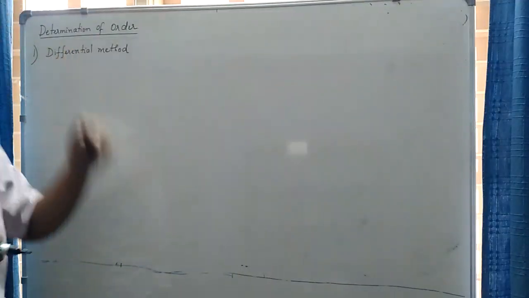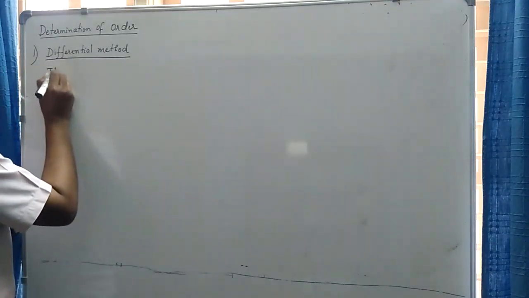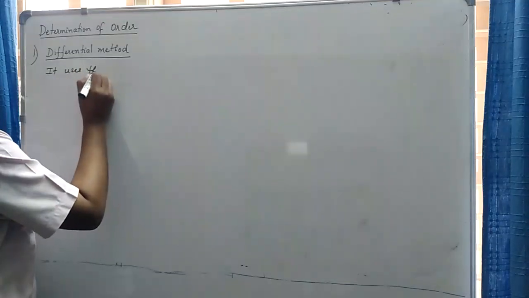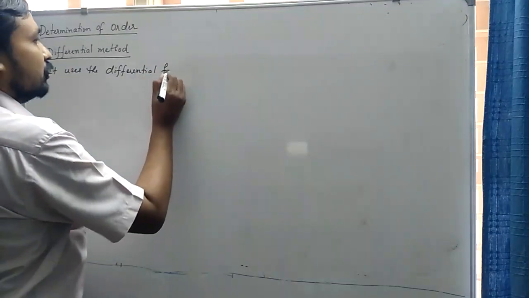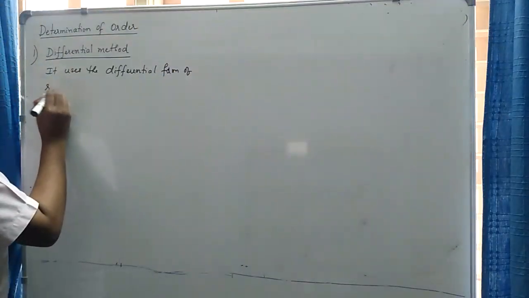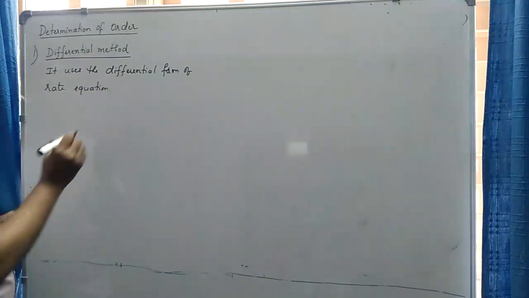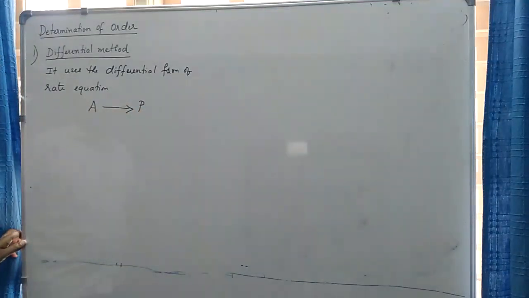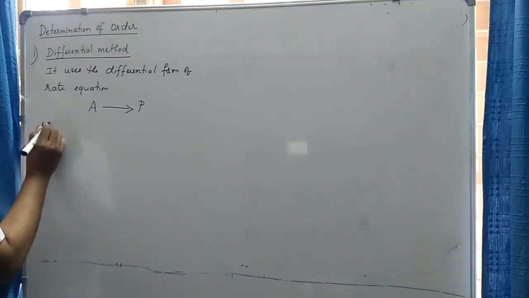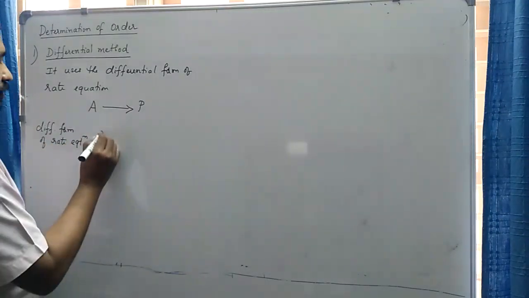Let us first consider the differential method. So this differential method, as I already told you, uses the differential form of rate equation. So if I have a reaction A giving product P, then the differential form of rate law or rate equation is